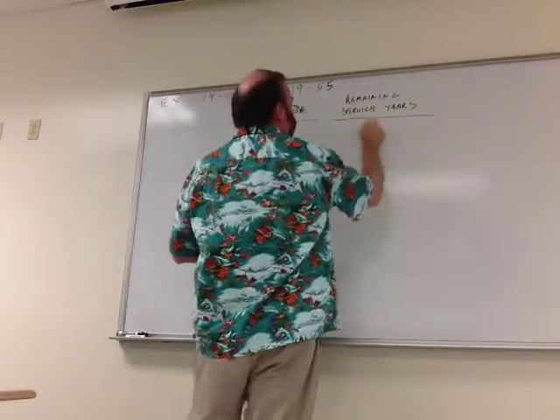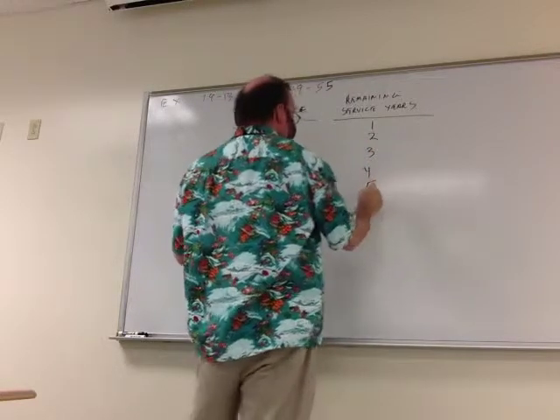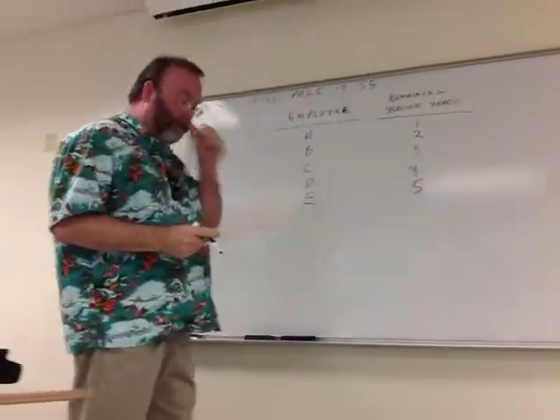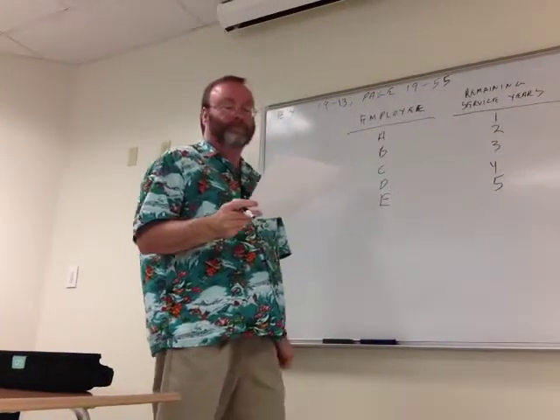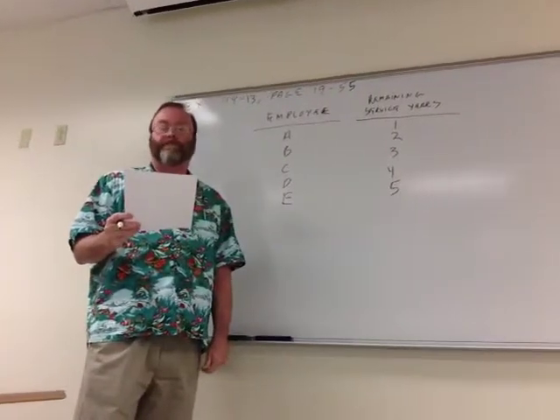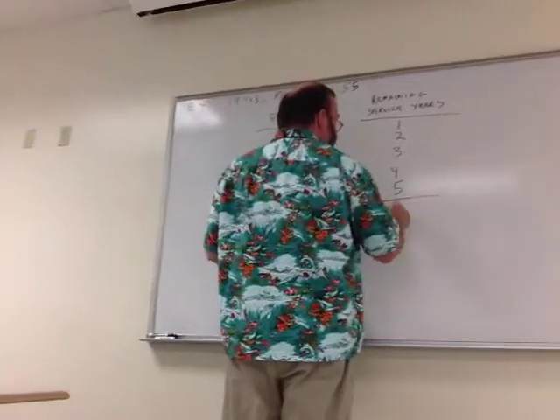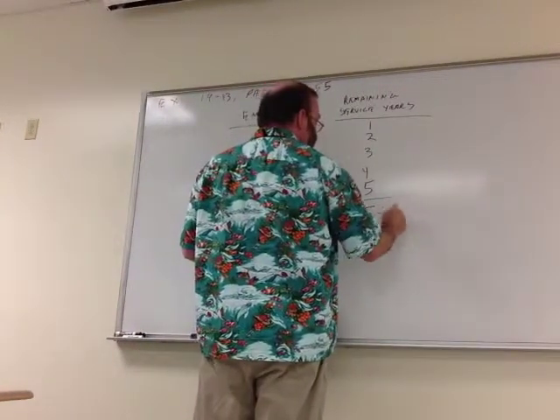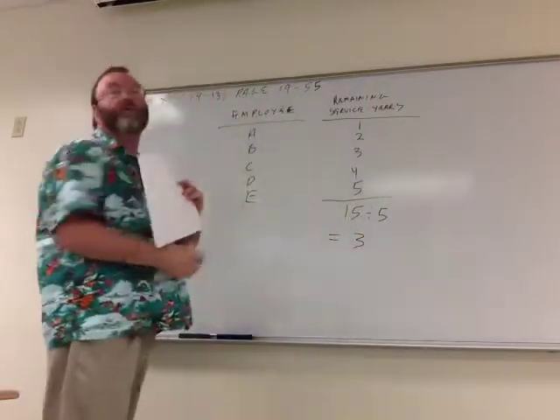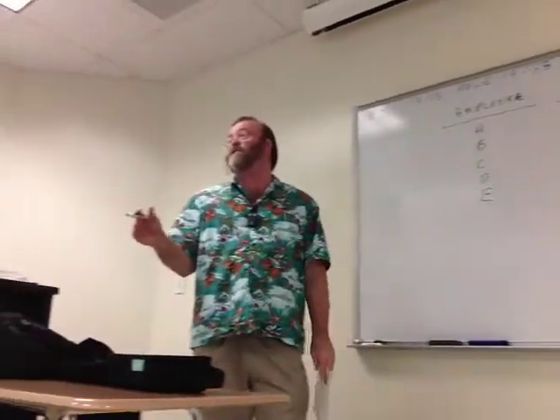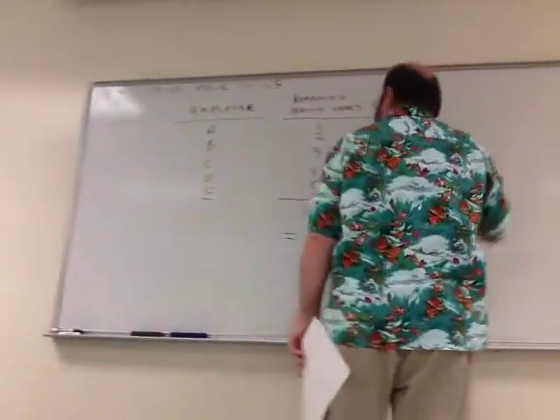Employee A is going to retire in 1 year, B in 2, 3, 4, and 5 years' time for E. Okay? So under straight line, you just total all this up, divide it by the number of employees, which is 5, and you get 3 years. So under straight line, you would amortize that prior service cost of $333,000